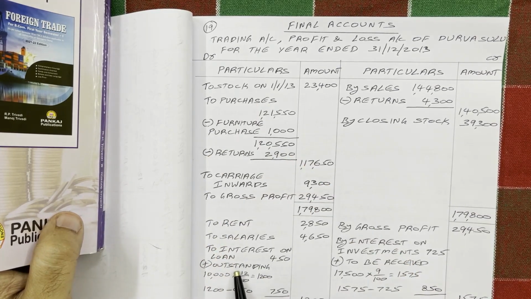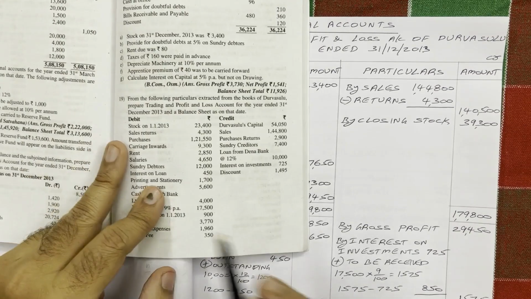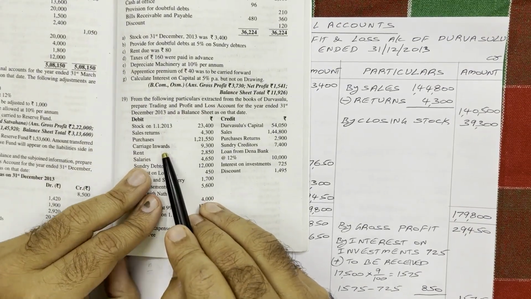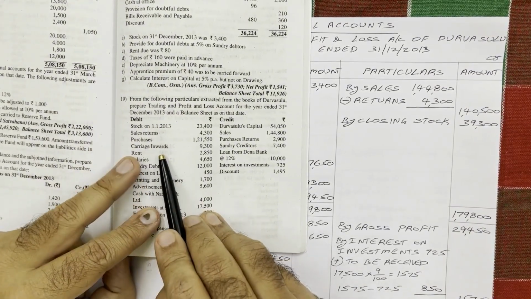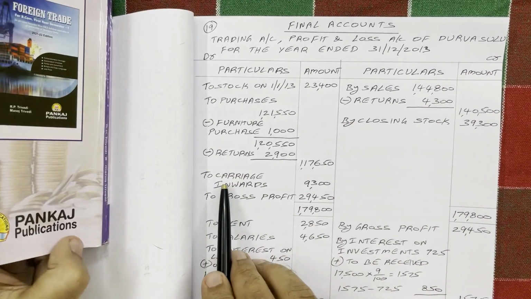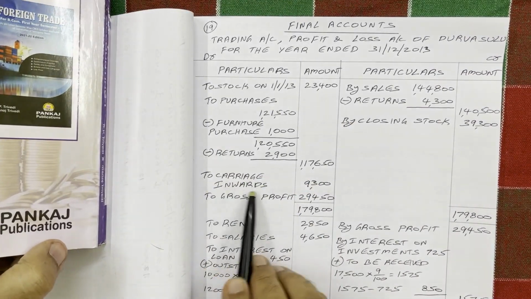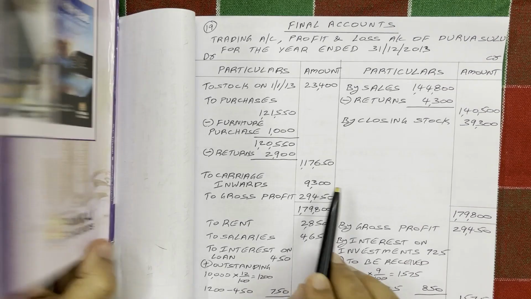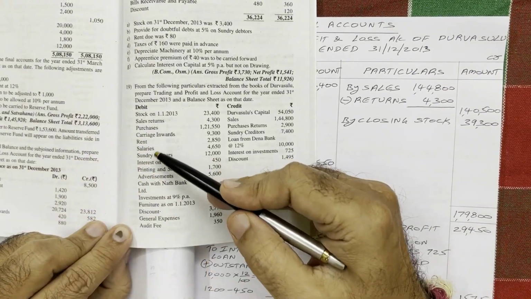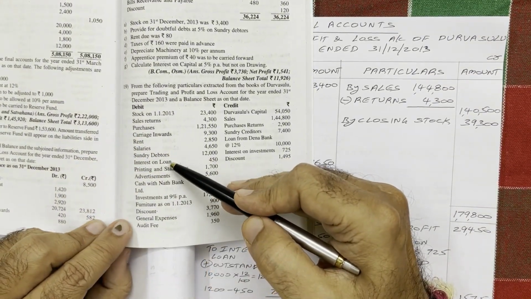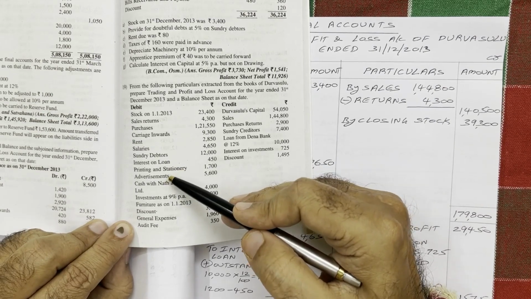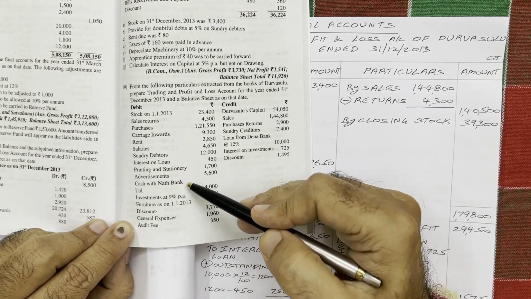Carriage outwards or carriage on sale. These two words are the same. In the profit and loss account, on the debit side we have to show it. So here carriage inward is there, meaning direct expenditure. Therefore, in the trading account debit side we should show carriage inwards 9,300. Next, rent, salaries, sundry debtor, interest on loan, printing and stationery, advertisement, cash with North Bank